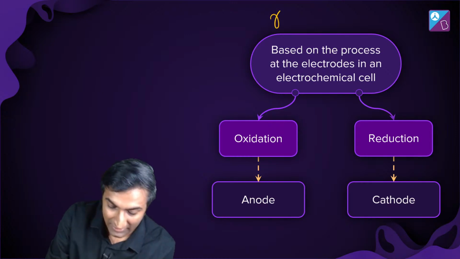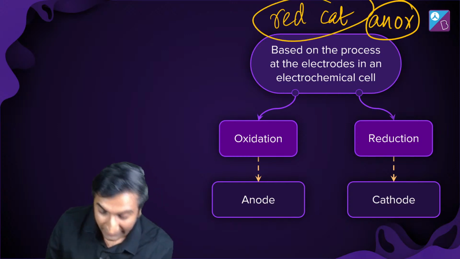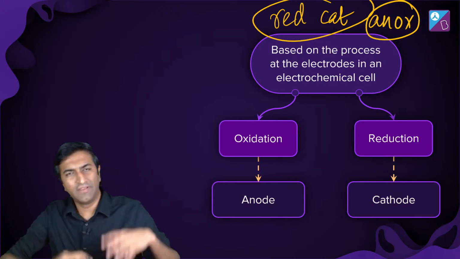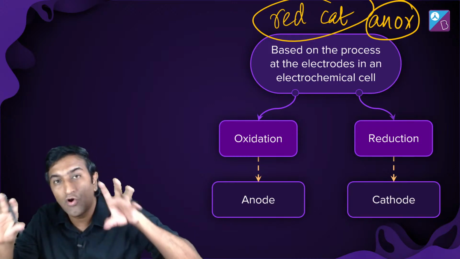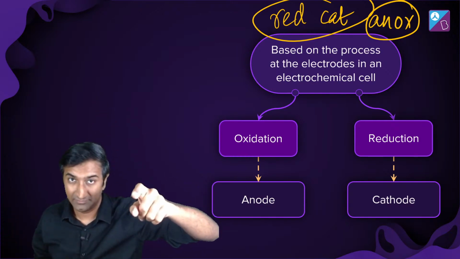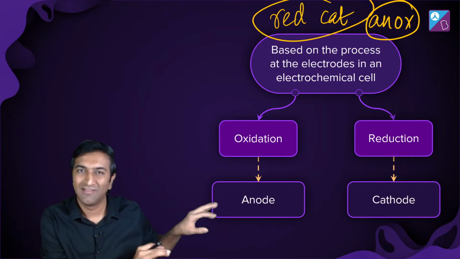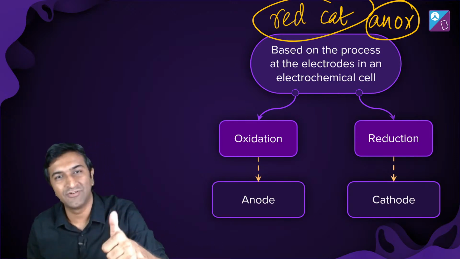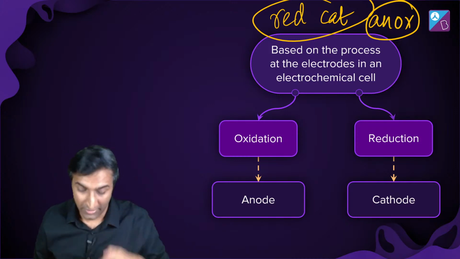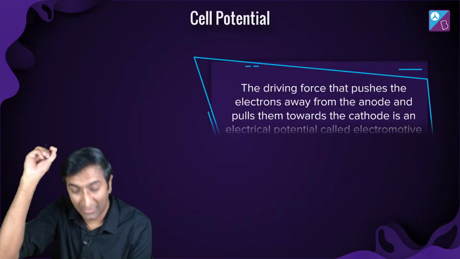खैर, anyway, here we are to red cat and anox. Okay. Red cat, reduction happens at cathode. Anox, oxidation happens at anode. So historically speaking, anode was जहां पे anion आते हैं. ये पढ़ रहे हैं आप from 8th or 9th grade. This is from electrolytic cells. But वो definition, let us throw it away. अभी के लिए फेंक देते हैं. 9th grade में बहुत प्यारी definition थी. Anions आ रहे हैं तो anode, cations आ रहे हैं तो cathode. उसको भूल जाओ अभी. What's important is reduction cathode, oxidation anode. Always, irrespective of what kind of cell, हमेशा यही होता है.